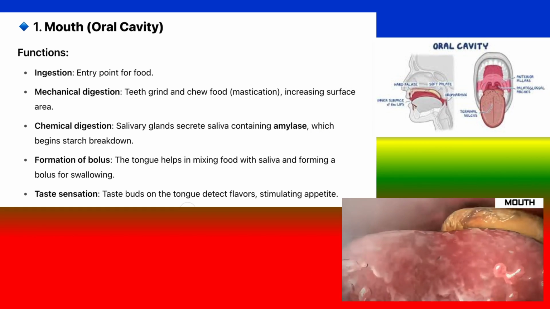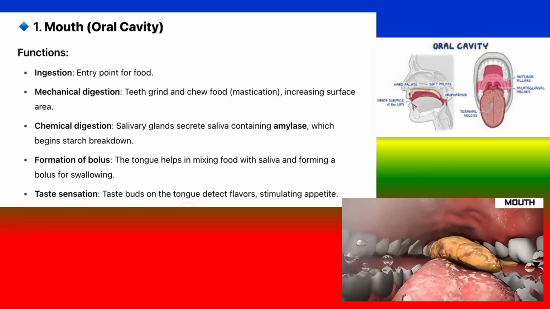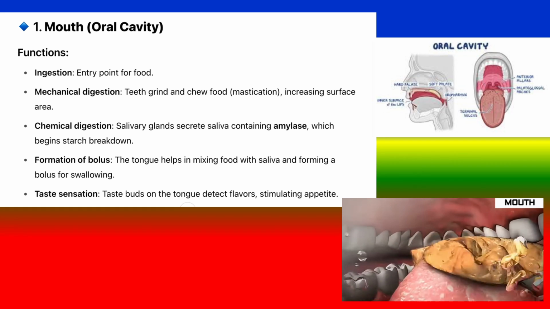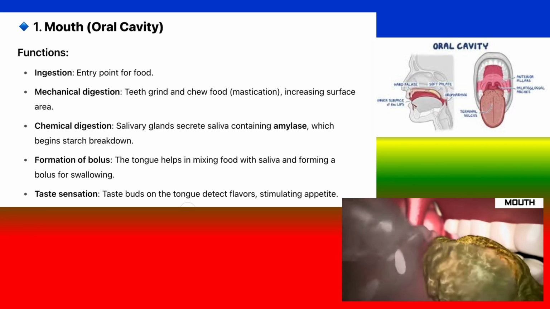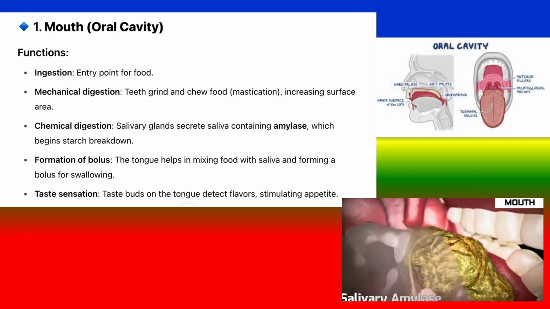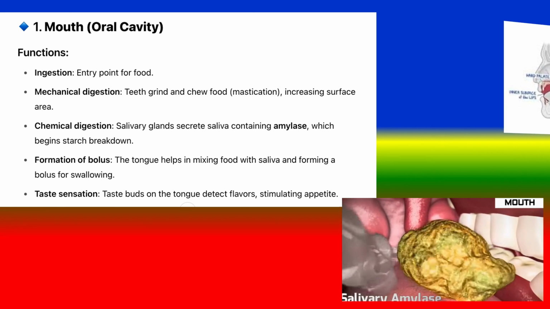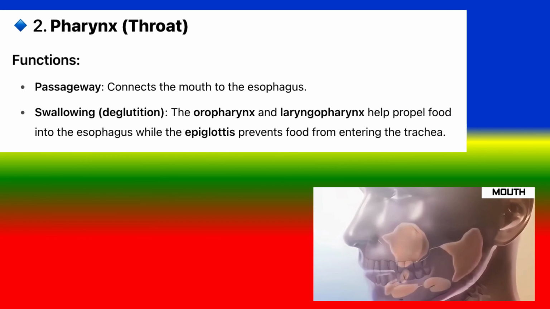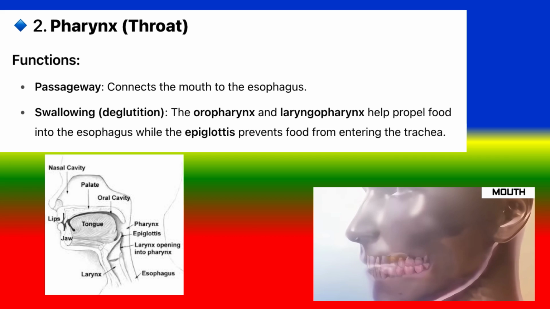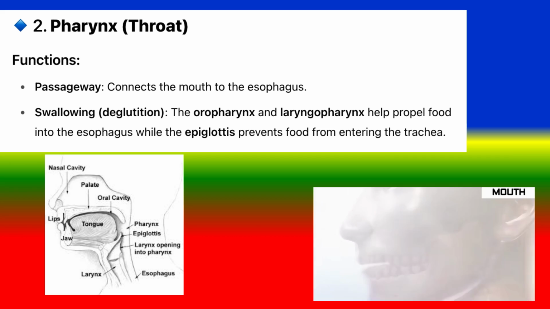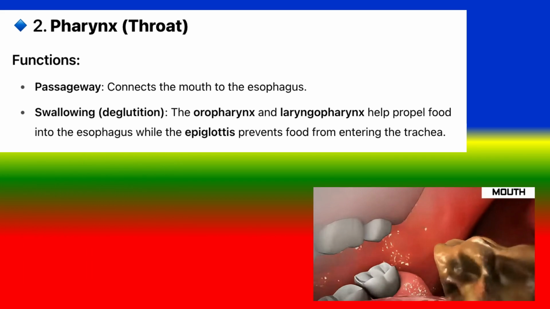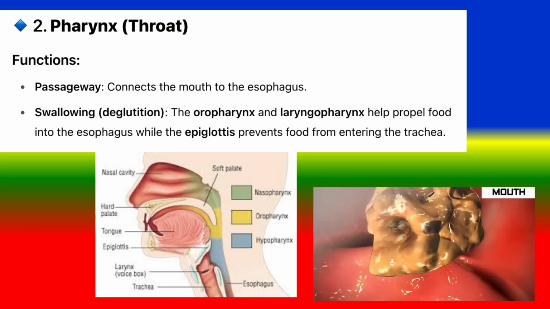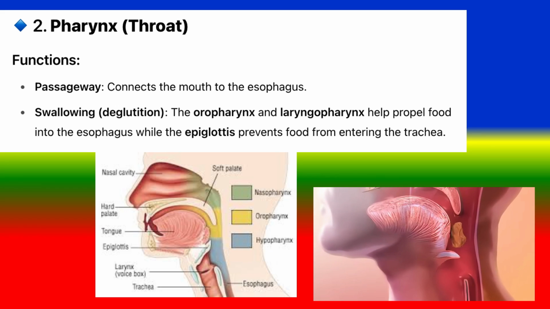Formation of bolus: the tongue helps in mixing food with saliva and forming a bolus for swallowing. Taste sensation: taste buds on the tongue detect flavors, stimulating appetite. 2. Pharynx. Functions: passageway, connects the mouth to the esophagus. Swallowing, deglutition. The larynx and laryngopharynx help propel food into the esophagus, while the epiglottis prevents food from entering the